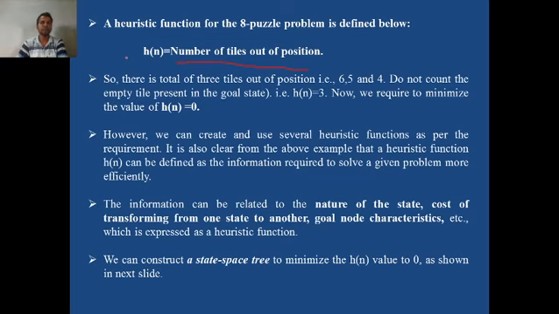You can define your heuristic function in your own way depending upon your problem. This choice is up to you.